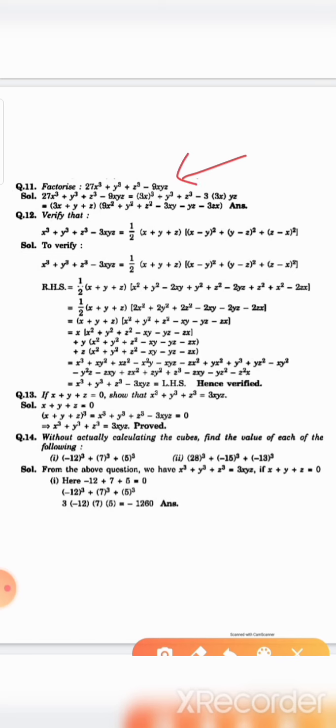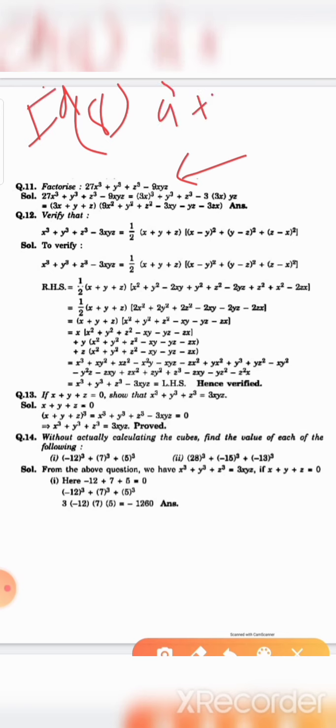Here the polynomial is 27x cube plus y cube plus z cube minus 9xyz. We have to factorize this polynomial, and this polynomial is in the form of identity number 8. So here we use our identity number 8. Our identity number 8 is a cube plus b cube plus c cube minus